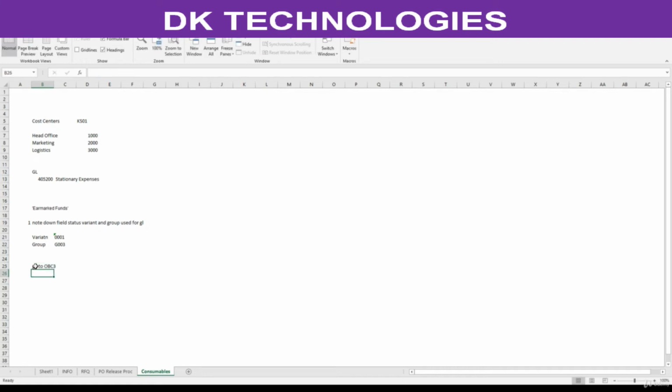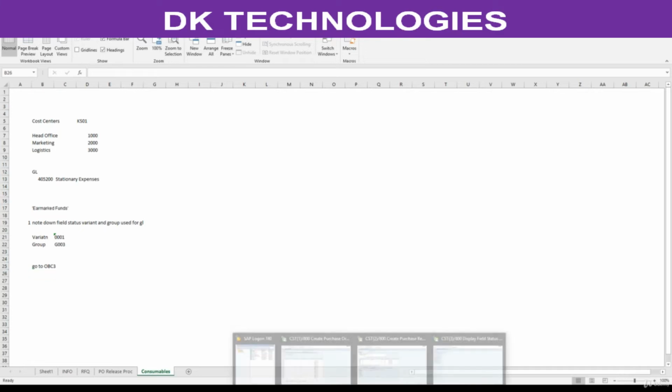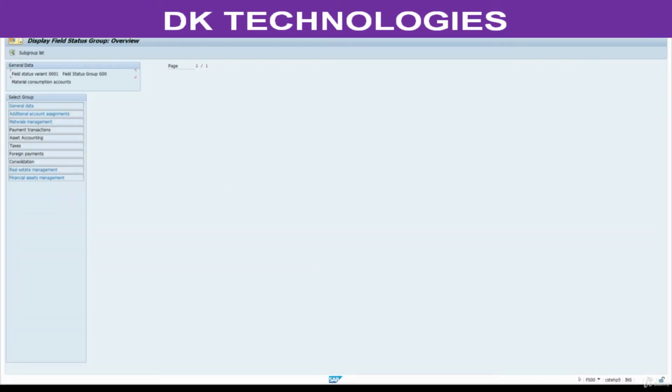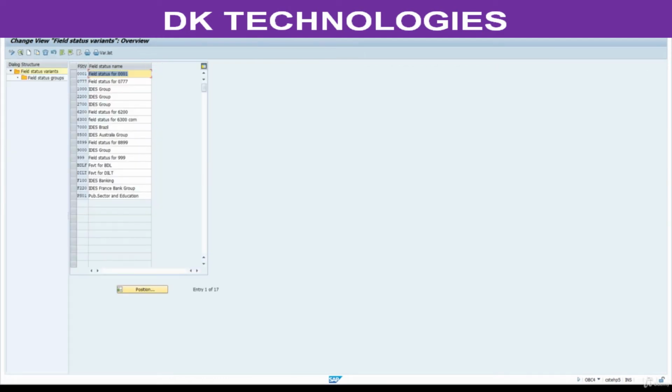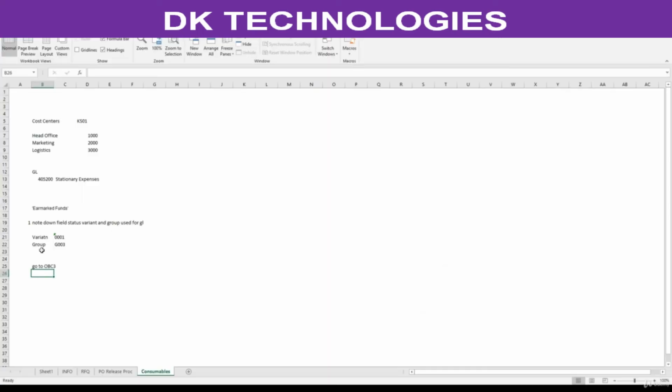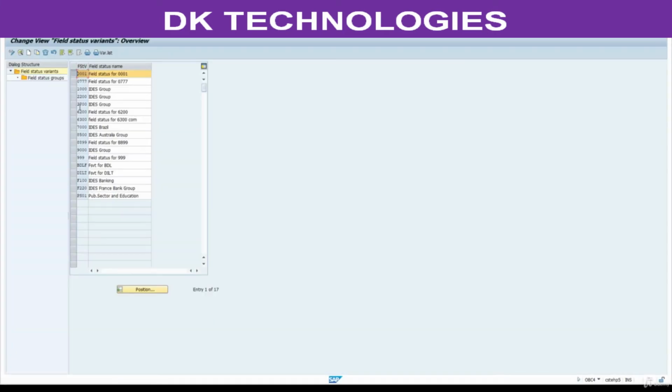Next step, go to OBC3 or OBC4, we will check that. /n OBC3. Now OBC4, select this field status variant. So my variant is 0001. Under this we have a group G003.